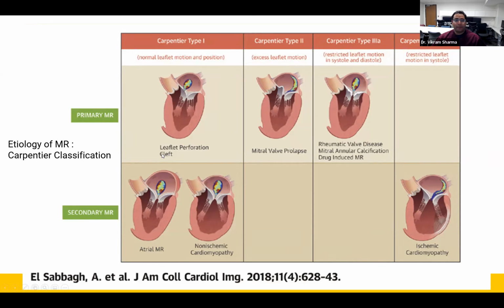So mitral leaflet perforation or cleft is classified under the Carpentier type 1 lesion. Mitral valve prolapse is Carpentier type 2. This is due to excessive leaflet motion. Carpentier type 3A primary MR is related to restricted leaflet motion, both in systole and diastole, and this can be in conditions like rheumatic valve disease and mitral annular calcification. Whereas secondary MR, Carpentier type 1, is